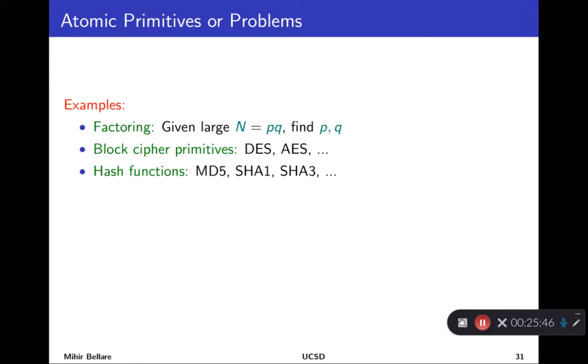Okay, so factoring is not the only such thing. In general, we use the term atomic primitive or problem to refer to these base level problems where, for some reason or the other, we see something which is computationally difficult, something that would take a prohibitive amount of time for someone to do. And we need to figure out then how to turn these on their head and exploit them for security. Sometimes they're kind of natural, like factoring. It's just a mathematical problem. But others are cryptographically created.